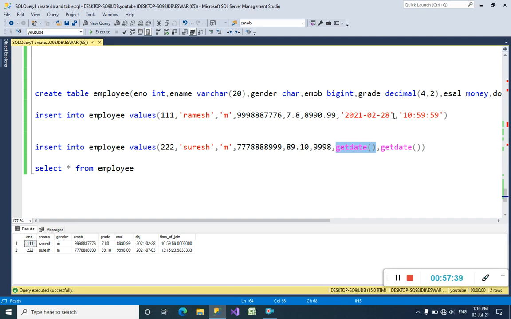If we want to write an old date, we can write it using this format. The GETDATE function will automatically bring us today's date. Also time: if you want to store an old time, a past time, then we can write it in this format only, guys.